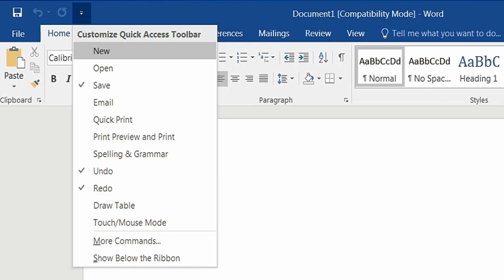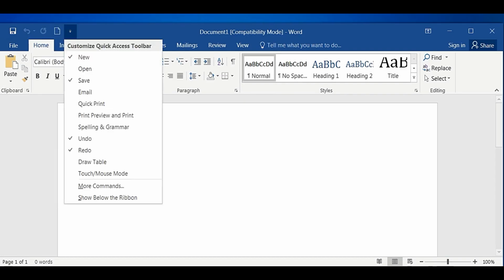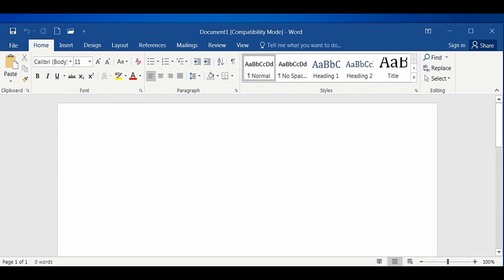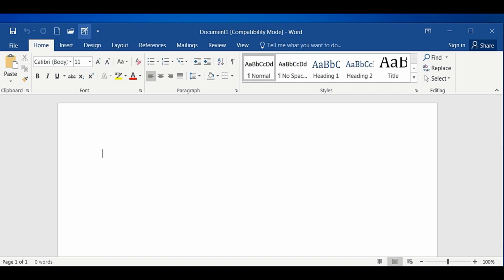And also you can add a lot of operations to this quick access toolbar. For that you just have to click on this arrow. New icons will come here. Save and open file are there, and if you want to draw a table, if you want to add the draw table to the quick access toolbar like this, you can add more and more tools over here. This is like a shortcut. Adding a shortcut. So is it clear what is meant by quick access toolbar?